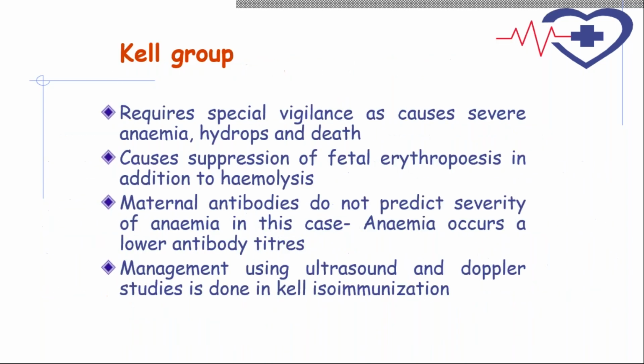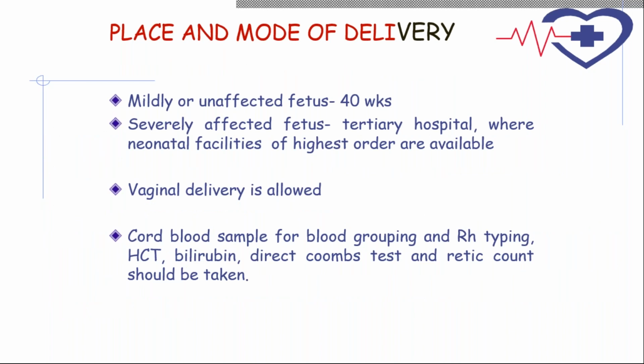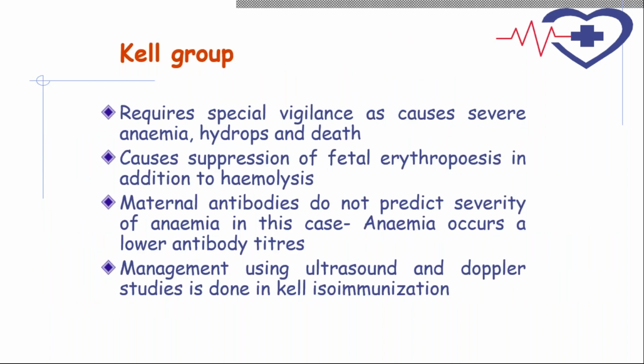This we can skip. There are other antigens also in that. Just back, please. In that, KEL is most important. It not only causes hemolysis, it suppresses fetal erythropoiesis also, and management is the same. These women have to be monitored with peak systolic velocity, middle cerebral artery. No role of ICT here. And then if there is severe anemia, plan cordocentesis and IUT. Next slide, please.